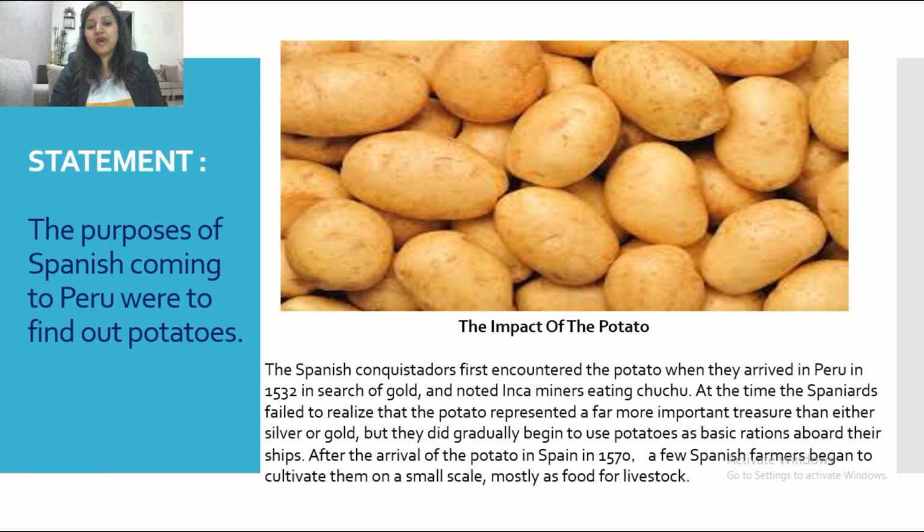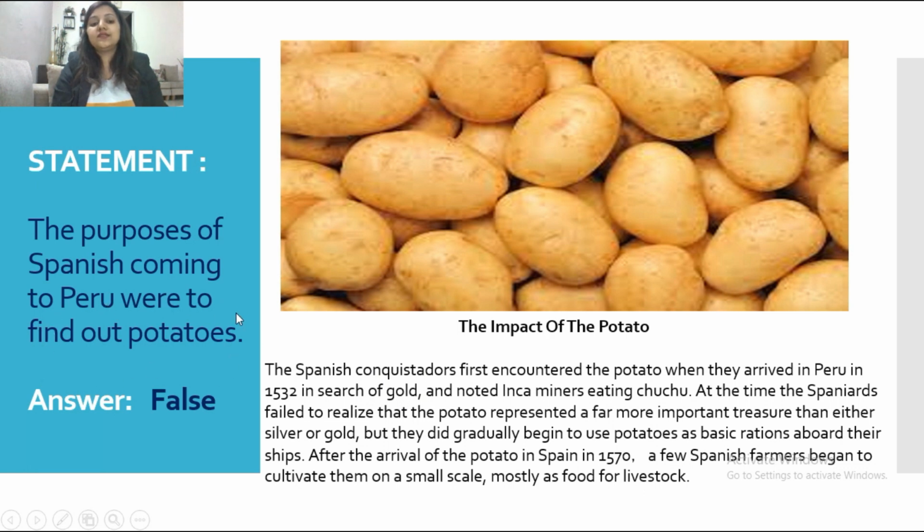So after reading the paragraph, are you able to answer what was the purpose of Spanish people to come to Peru? Yes, you got the reference. You know the purpose. The Spanish people arrived in Peru in 1532 in search of gold. So you can clearly get the reference of the purpose of Spanish people coming to Peru was to find out gold, in search of gold, rather than finding out